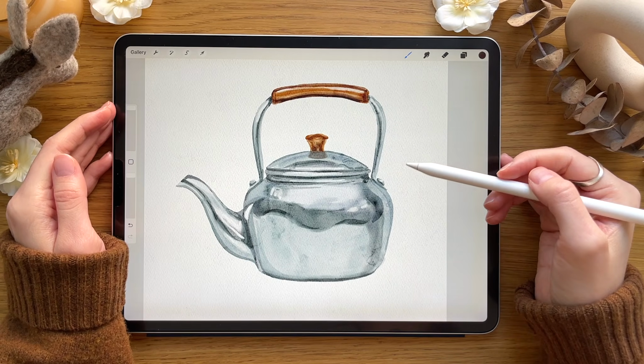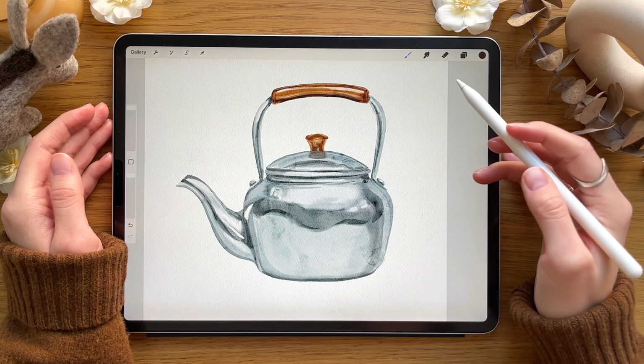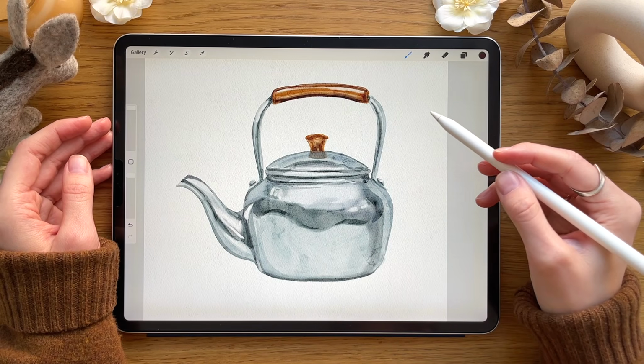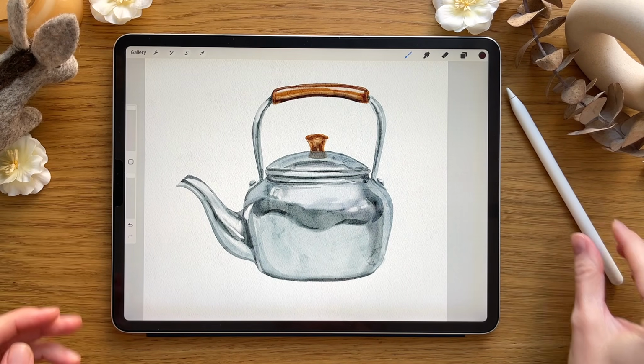I hope you found this video helpful. In it, I've covered the basic features of Procreate that are essential for beginners, to help you build a strong foundation as you begin to